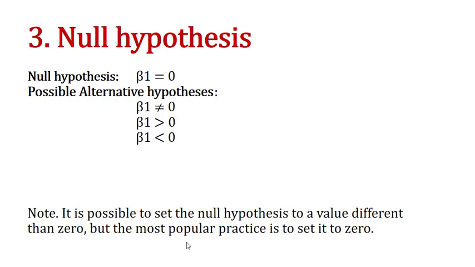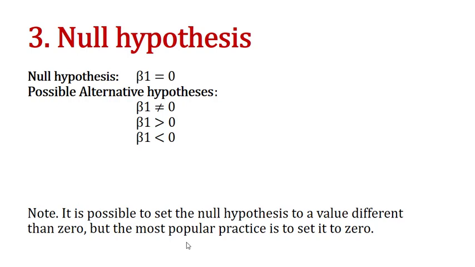Now, there are possible alternative hypotheses. One is vague, that says beta 1 is different than 0, so it doesn't say whether it's higher or lower than 0. And then the two directional alternative hypotheses, either that beta 1 is greater than 0 or that beta 1 is lower than 0